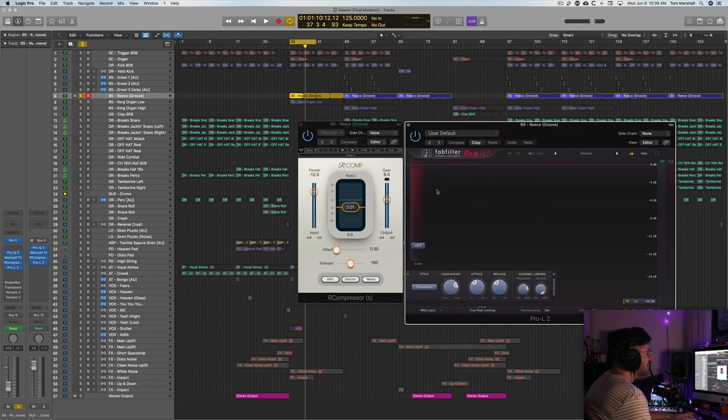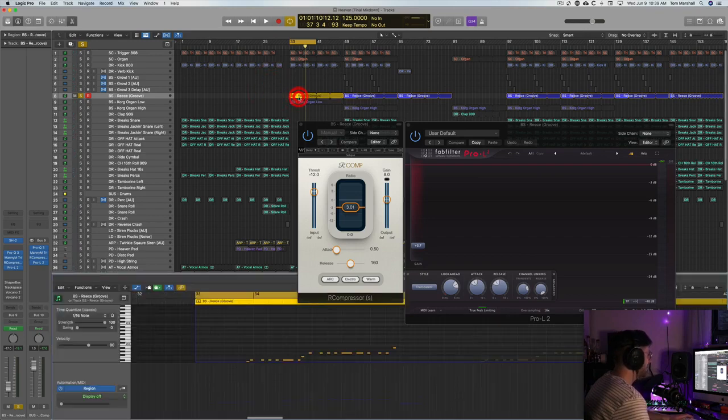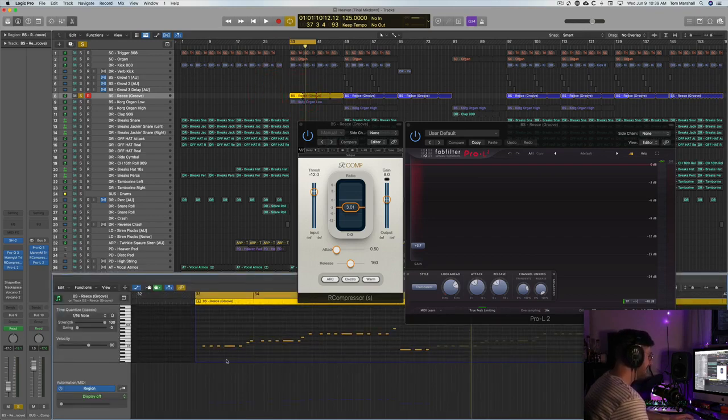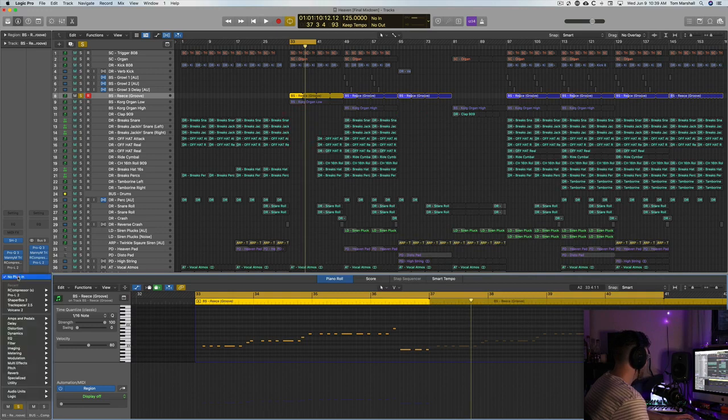My goal here with these plugins is to get consistency in the weight of every bass note. You'll notice that every bass note here has the same velocity, but if I just open up a fresh instance of Pro L2